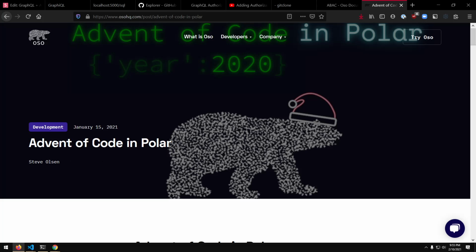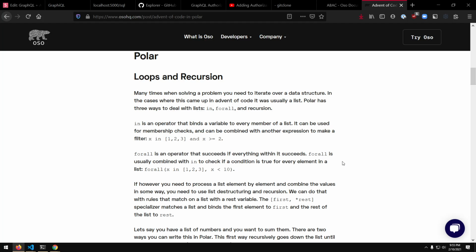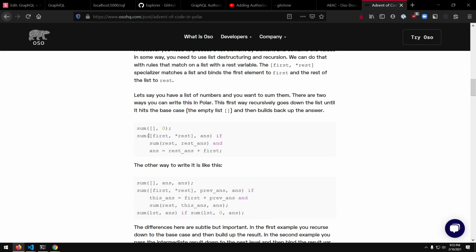Similarly, this past December, Steve did the Advent of Code challenges in Polar. Advent of Code runs daily coding challenges every December, and he had a go at doing them in Polar. This is what some of the more complex Polar gets to, which is rare to ever encounter in authorization, but it's nice to know that you can write whatever logic you want. We've kept the language as lean as possible because we do rely on Python for methods and stuff like that, but